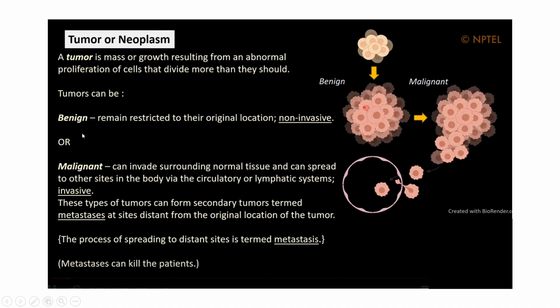So there are two kinds of tumors basically. One is benign, another is malignant. A tumor is basically an abnormal growth of cells. Benign means it remains restricted to the original location; that is, it is non-invasive. The cancer which are,